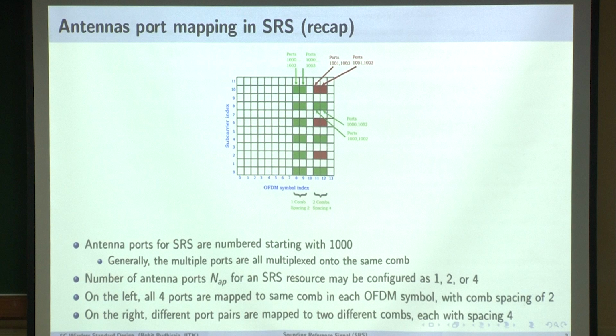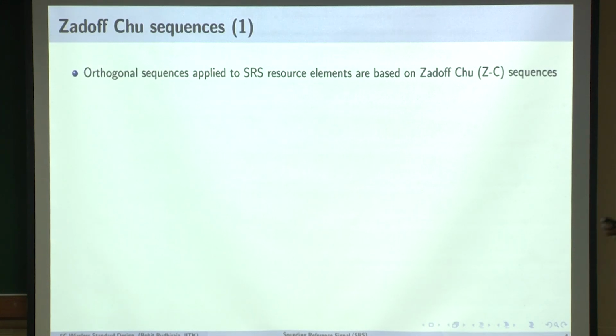Right, and now we need to study how you multiplex that. As I said, these 4 ports are basically multiplexed using codes. What are these codes? That's what I'm going to show you. This is something called Zadoff-Chu sequences, different from the short sequences which we used. What was the length of the sequence, 4 or 8? Right. So you see this, we are looking